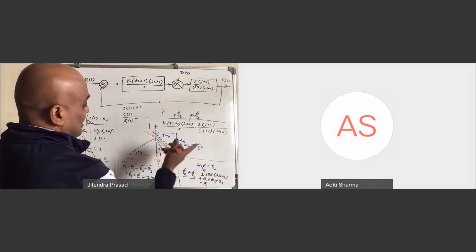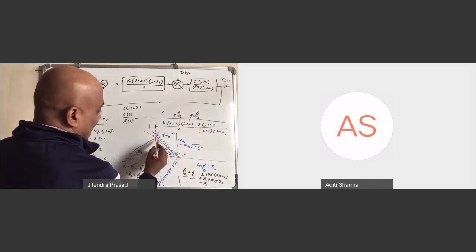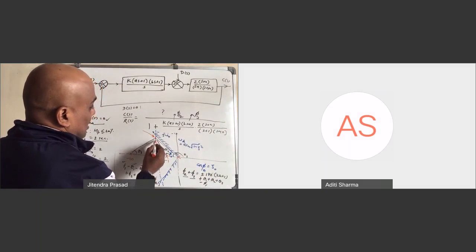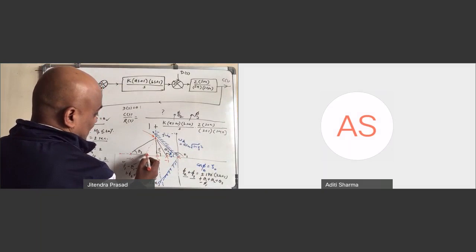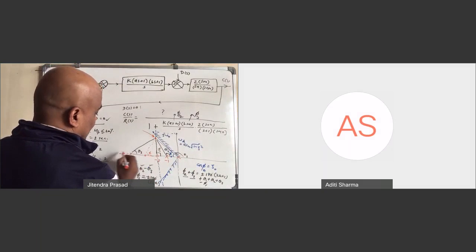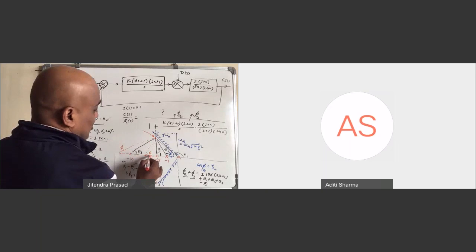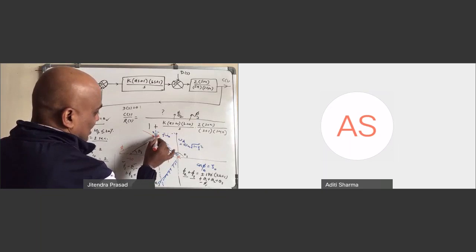Satisfied, and once you know the angle, you will know the points. Let's say you have decided this point and the other is this point, such that this is called phi 2 and this is phi 3. Once you know phi 2, you draw a line from here at angle phi 2, wherever it meets,